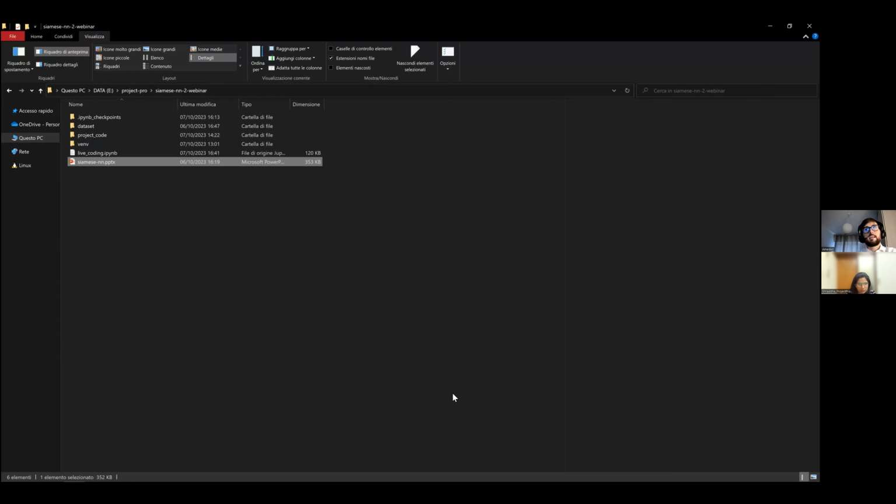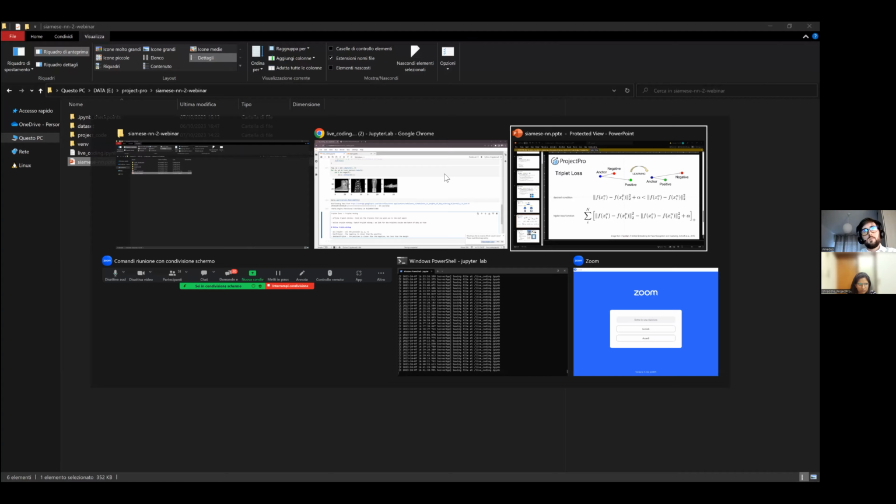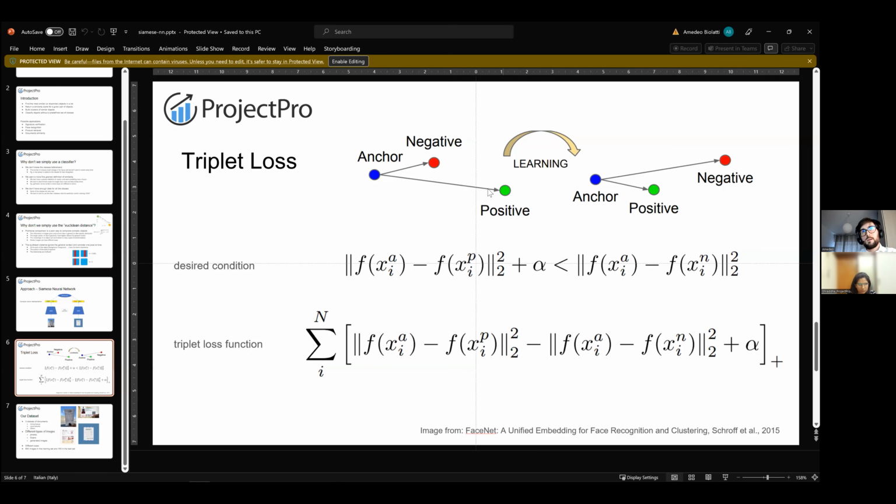So the hard cases are like that one, where the negative is closer than the positive. The semi-hard are the cases where the negative is farther apart than the positive, but the difference is too small because it's smaller than alpha. And so we still have to make it farther apart.